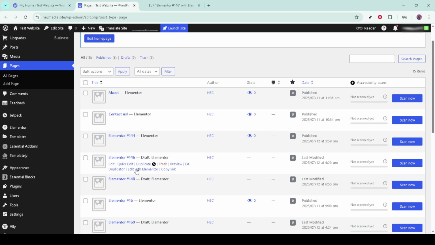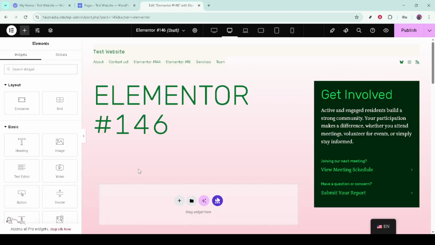Browse through your list and find the page you have in mind. Once you have identified your target page, go ahead and click on it. Now you'll want to click on the option that says Edit with Elementor. This action will open the Elementor editor, which allows you to make real-time changes to your chosen page. If you're new to this tool, you'll soon appreciate how intuitive and powerful it is for designing and customizing your